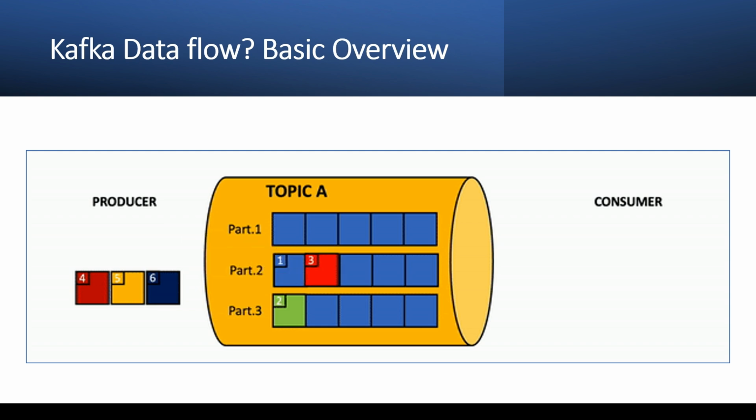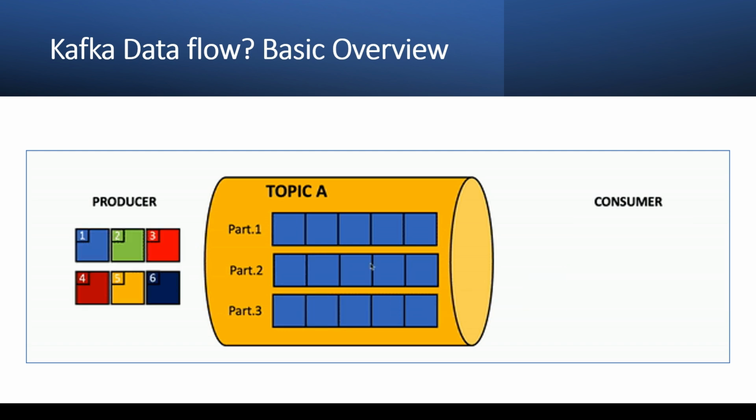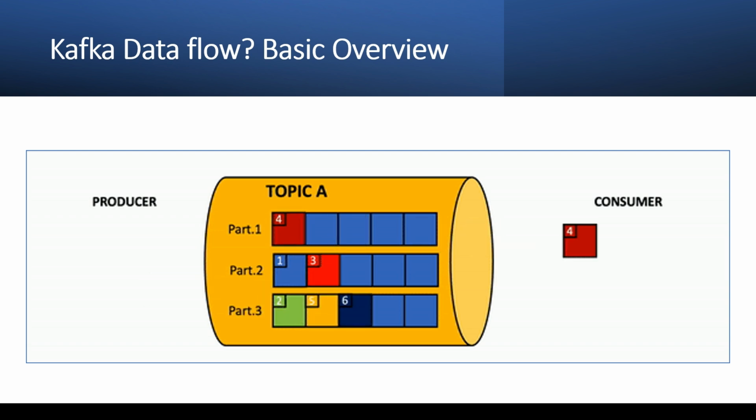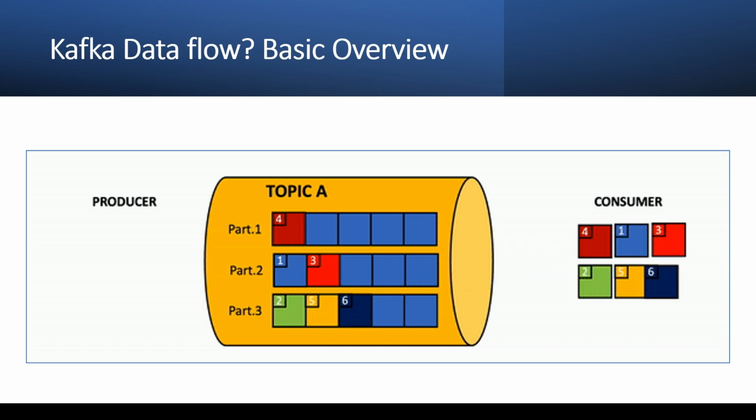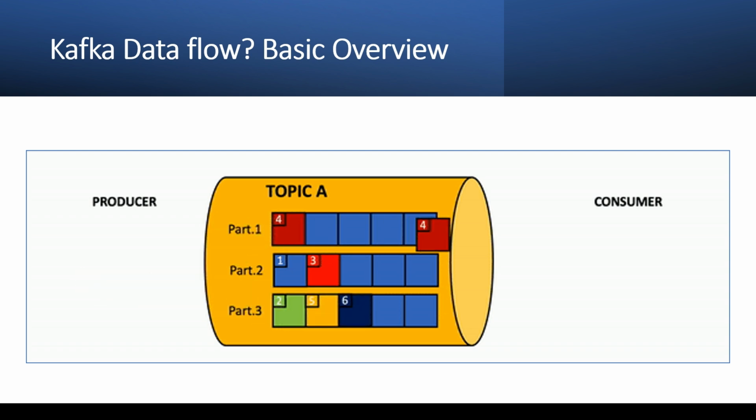So let me explain this flow with a real world analogy. Let's think about Apache Kafka like a radio station, right? Everyone is using radios, listening to music on the radio, and when we tune to some frequency in our radio, we start consuming that data, right? So imagine that the radio station represents Kafka, a platform designed to handle and process streaming data. In this analogy, producers are the various radio channels such as